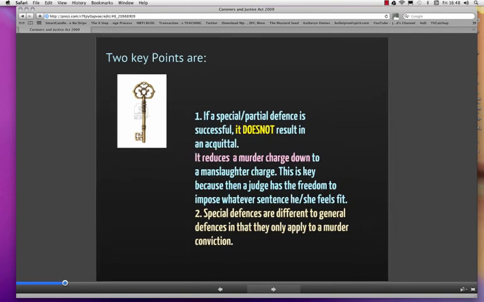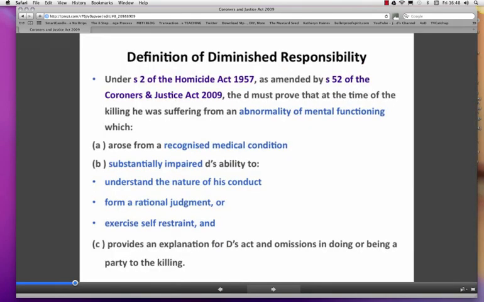Okay, I'm now moving on to the definition of diminished responsibility. Now, under Section 2 of the Homicide Act 1957, as amended by Section 52 of the Coroners and Justice Act 2009, the defendant must prove that at the time of the killing he was suffering from an abnormality of mental functioning which A. arose from a recognised medical condition,